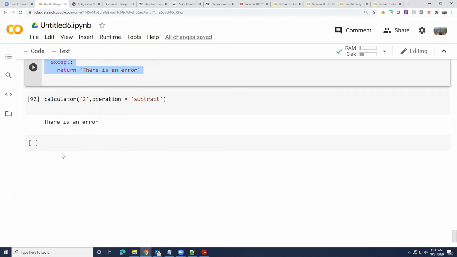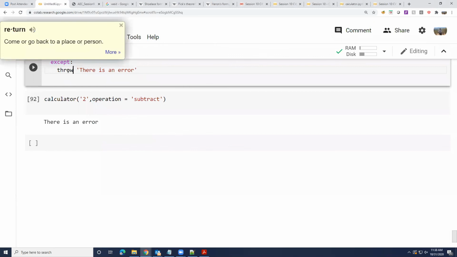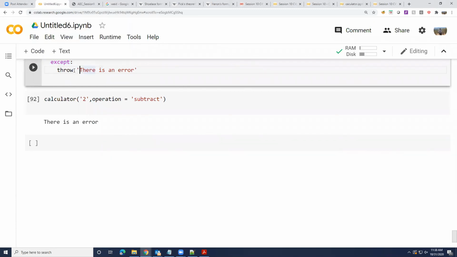Right, you can throw an error. Instead of returning this, you can throw an error. Yeah, so raise syntax error.